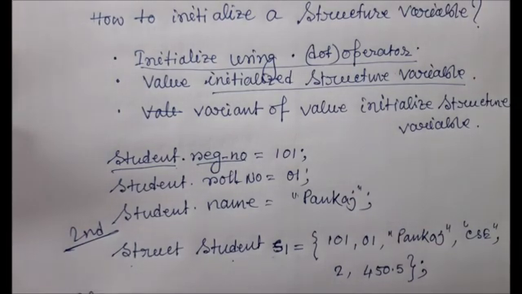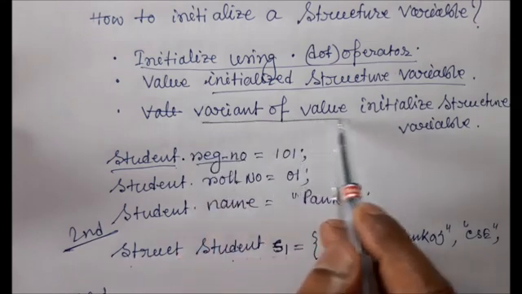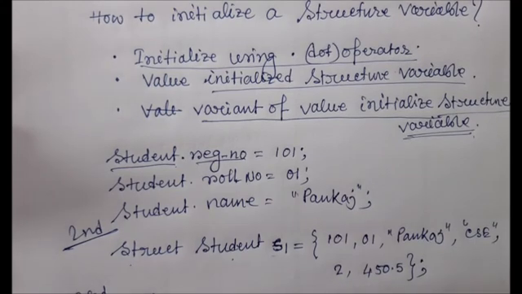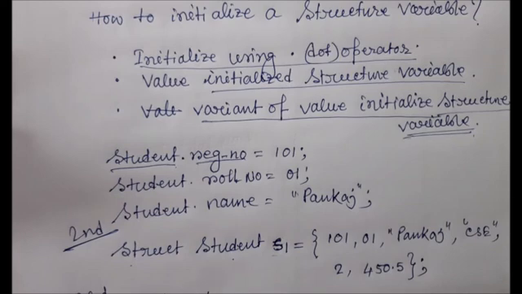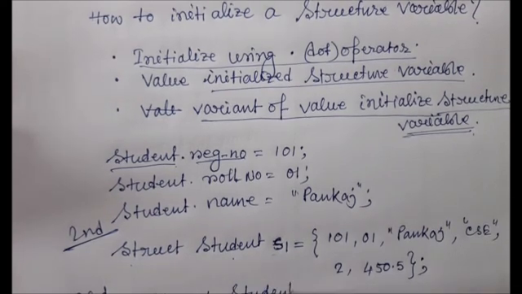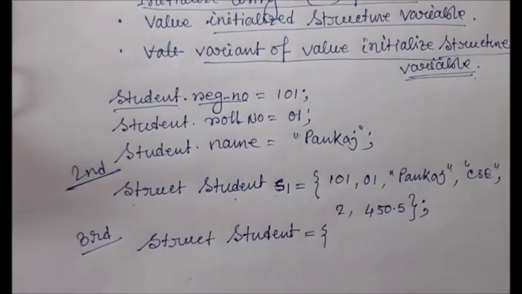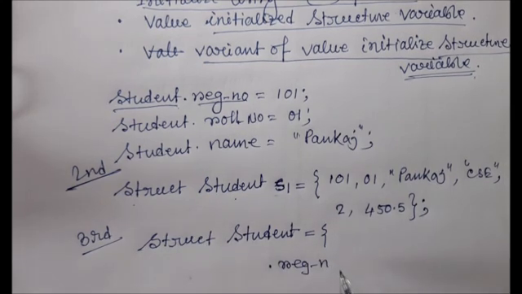the third one, a variant of value initialization of a structure variable, where you write the name of the structure, for example struct student, equal to, opening curly bracket, then for example dot registration number equal to 101, comma, for example dot name equal to Pankaj,